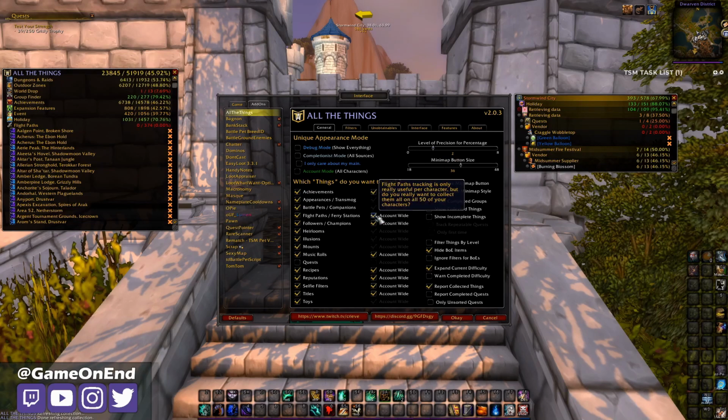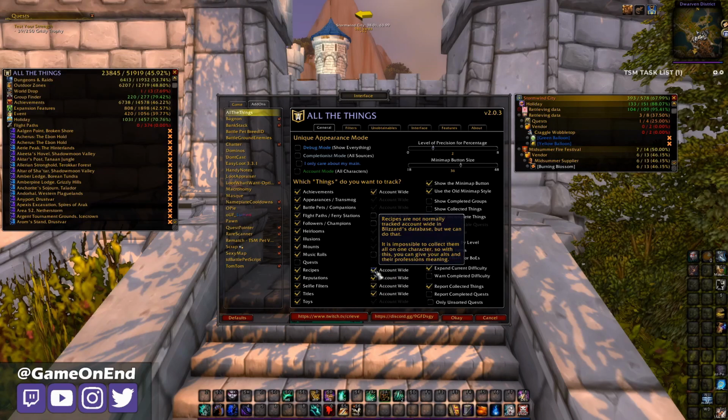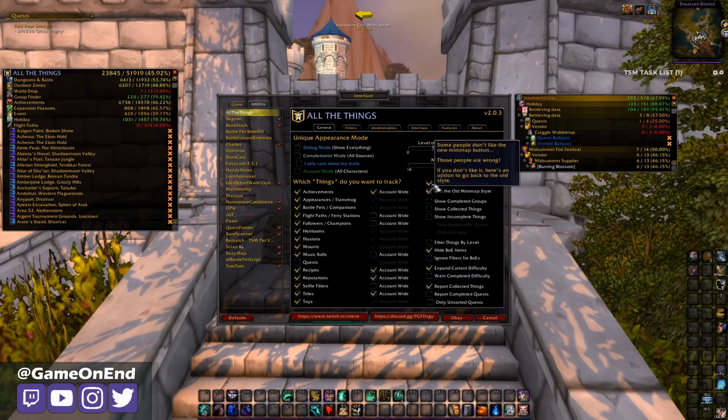So flight paths, you don't need to know on this specific character if one of your other characters doesn't know a flight path or not. You'll find that out when you log into that character. Same thing with followers or champions, music rolls, so on and so forth. Now the recipes one is good because if you get a drop in a dungeon or a raid or in the world, it'll let you know that, hey, you can learn this recipe on your other character if they have that required profession. Okay, so we'll uncheck a couple of these things here,